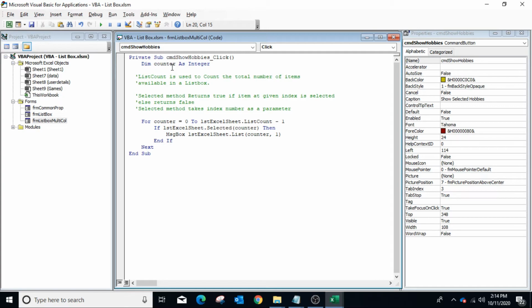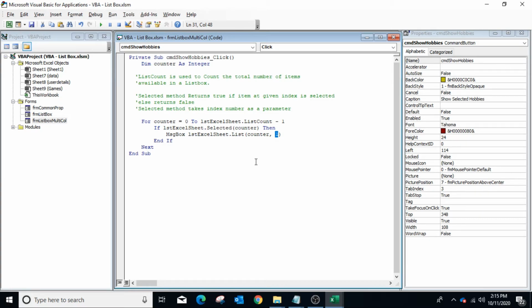We have declared a variable for the loop, and within the loop we have used the selected property, which returns true if the specific row is selected. And then we are using the list method to show the value in the second column of the selected row.